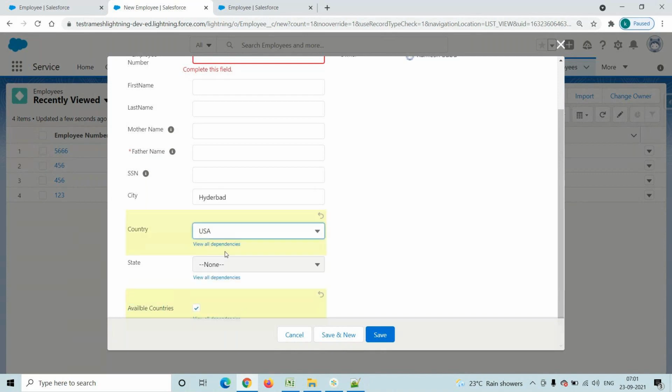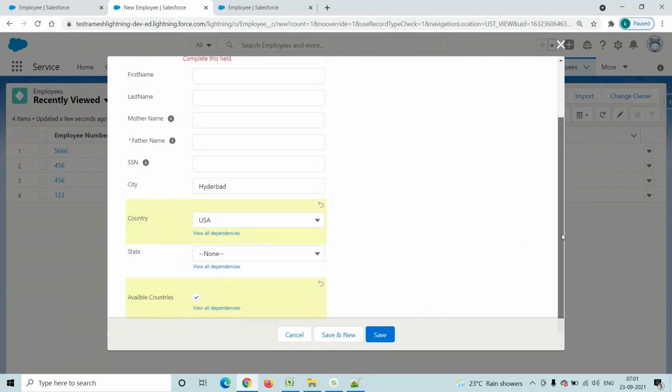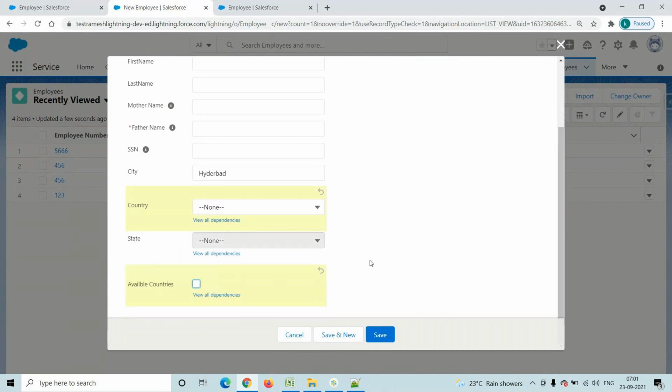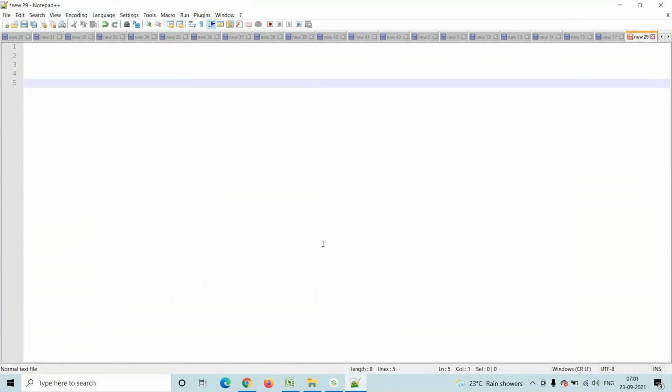Click on USA, and your states are USA 1, USA 2, right? There is a field dependency between country and state, and between available countries and country. Suppose I do not select anything here, then the country should be Australia, UK. So here we created a field dependency between available countries and country. Here we have to observe 2 points. Field dependency. Okay.